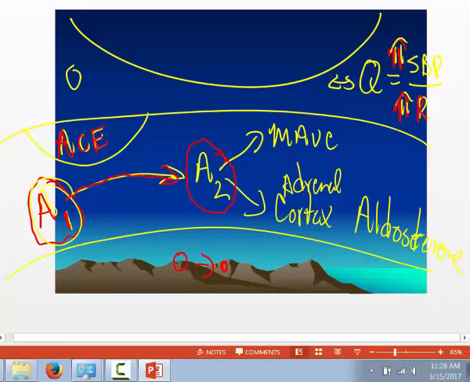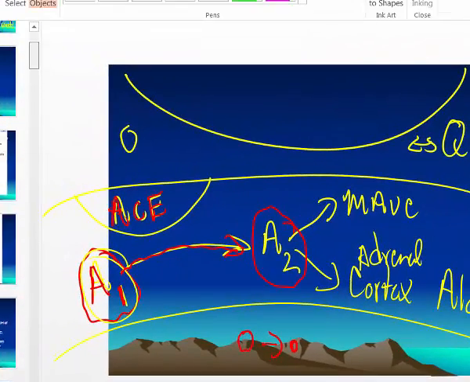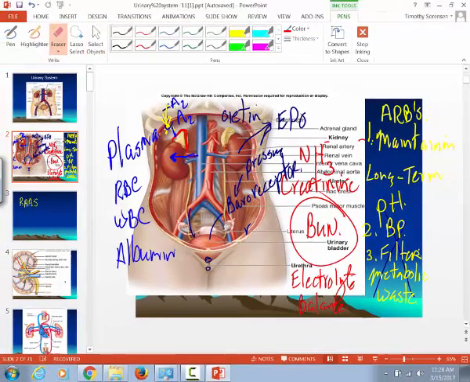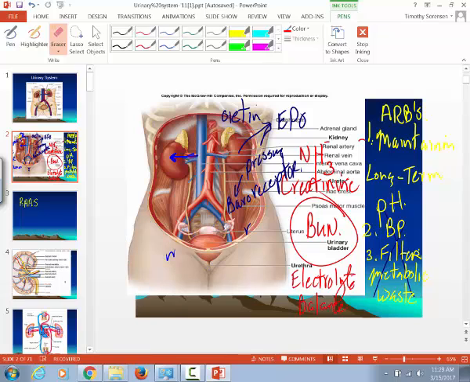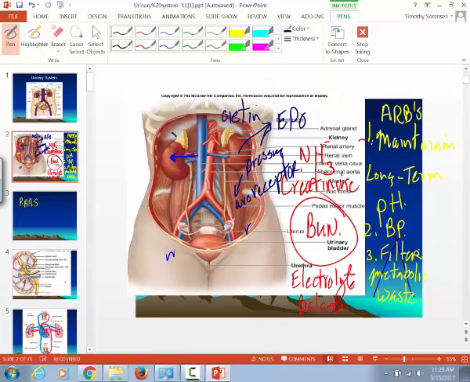But probably the most powerful and most important of the effects of angiotensin 2 are in the cells that make up the adrenal cortex. And if you recall, I told you that in order for a chemical to exert its effect, one of the ways that it does that is by binding to specific receptors. So on the cells that make up the adrenal cortex, you have angiotensin 2 receptors. And when angiotensin 2 binds to angiotensin 2 receptors, it is going to cause the cells of the adrenal cortex